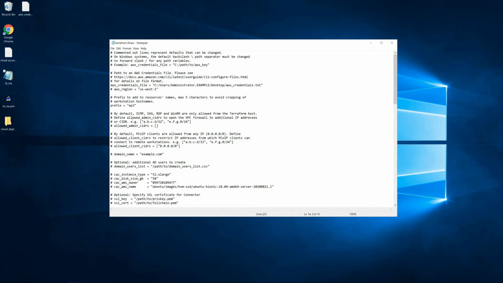For this next variable, this is the allowed admin CIDRs. So by default, the VPC firewall is set up to only allow the Terraform host to connect using ICMP, SSH, RDP, or WinRM. So if we want to open up the firewall to additional IP addresses, all we need to do is add the IP address with the CIDR here, separated by comma. So we'll be leaving this value as default, which means we can only access our provisioned VMs using the Terraform